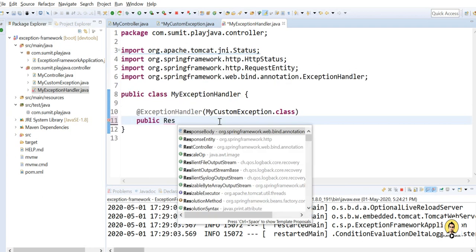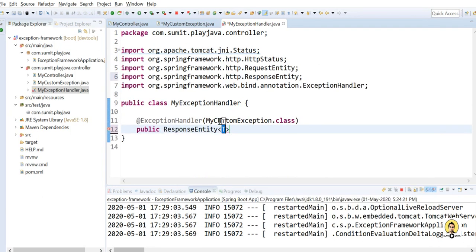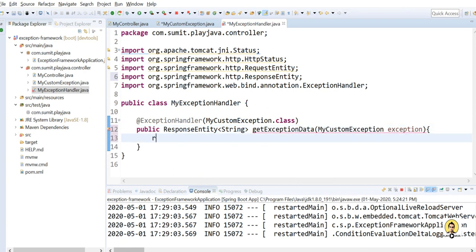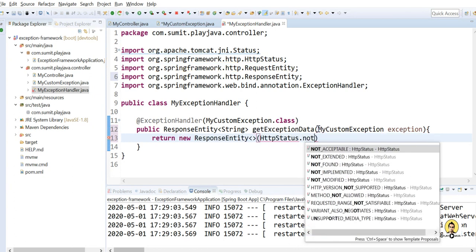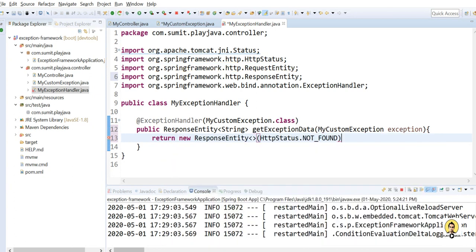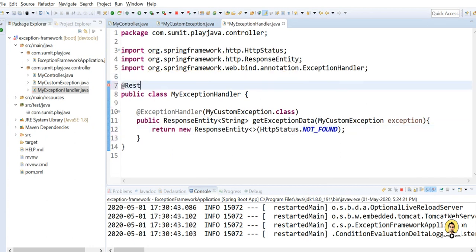In this, I'll map the custom exception class which I have created and provide a function with ResponseEntity, named getExceptionData, with the parameter being the exception which we have created. And I will do nothing, just return the HTTP status code right now.